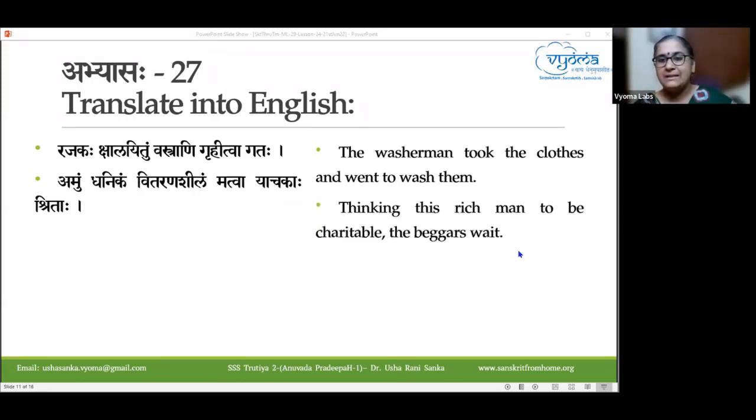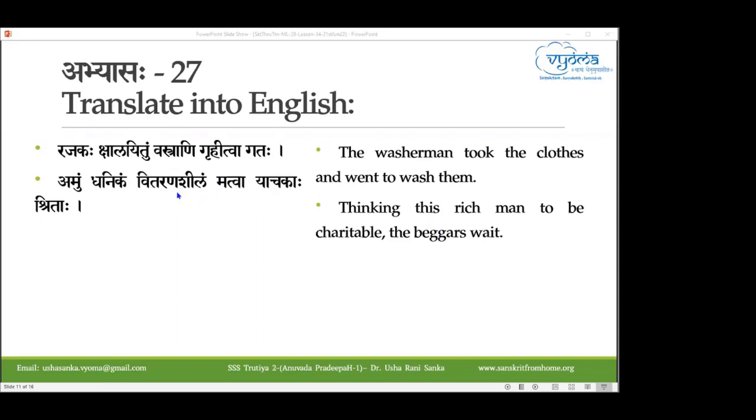Okay. Thinking that this rich man to be charitable. So charitable here is the person, not the charitability. Vitarana Sheela is the dhanika, not Vitarana Sheelatvam. So that should not come in the way. Okay. Bhagini,